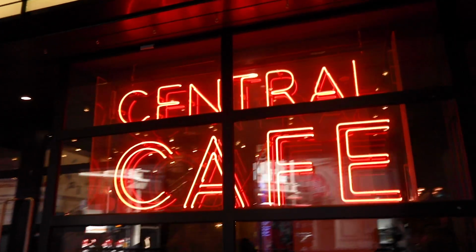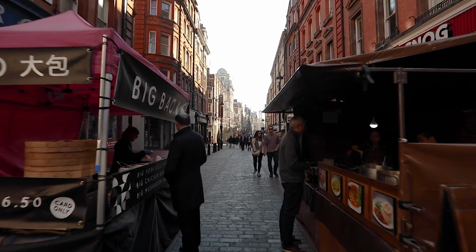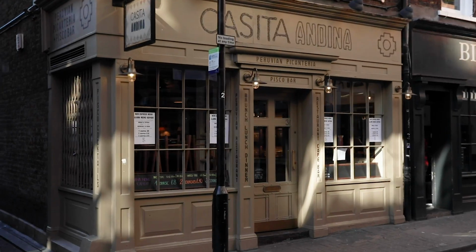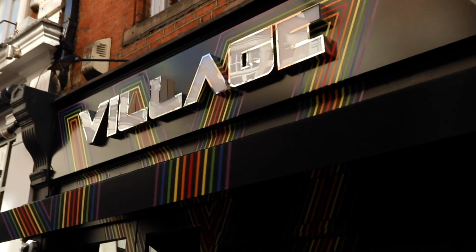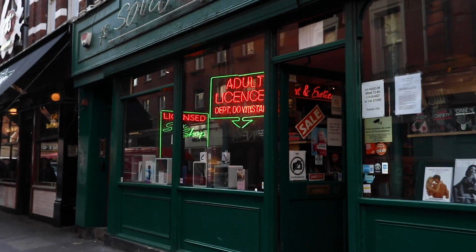Number 2 is Soho, which is just around the corner from Covent Garden. Soho is almost always bustling and it has a bunch of great bars and restaurants within just a few blocks. It's also considered the LGBTQ+ capital of London. Stay in Soho and you can eat well, party, and you're also smack dab in the middle of the city,